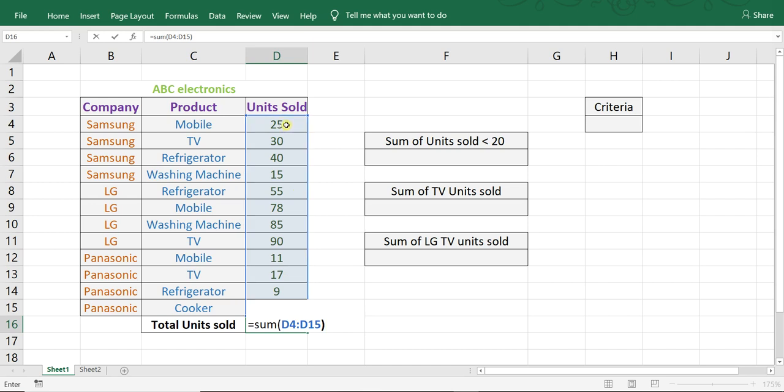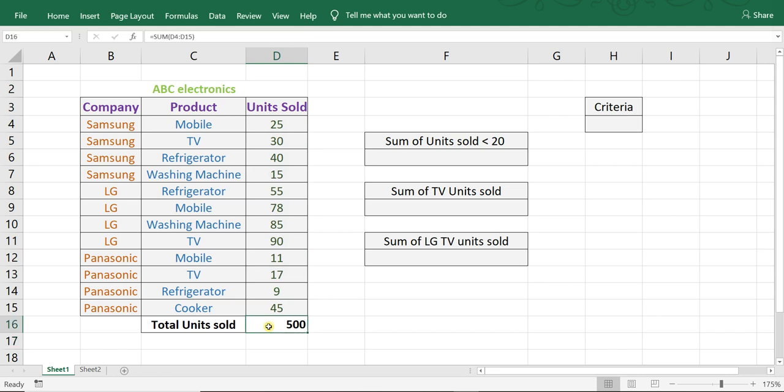I want to sum from D4. This is D column and this is row number 4 to row number 14. I need till 15, so till 15 we are calculating. So press enter. So 500.